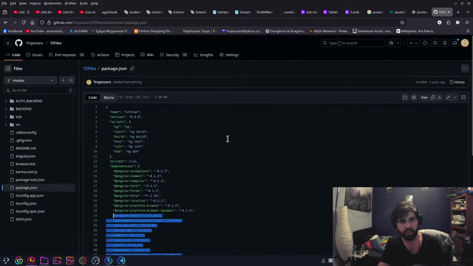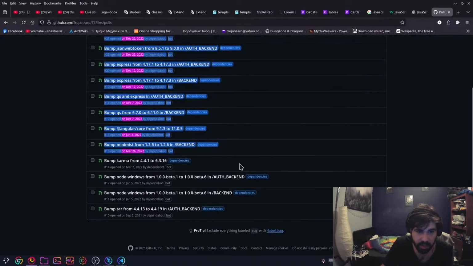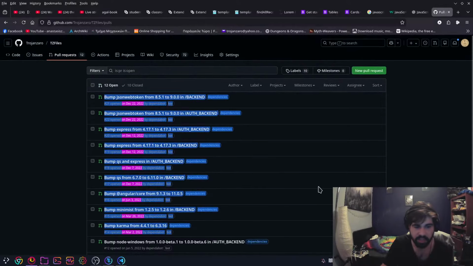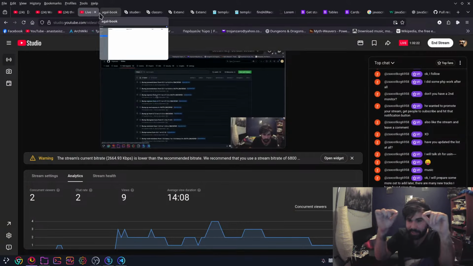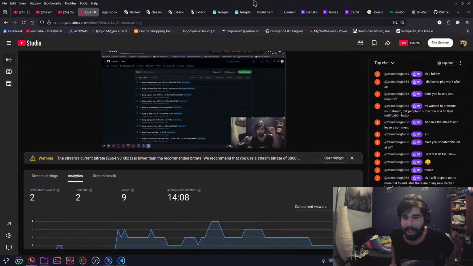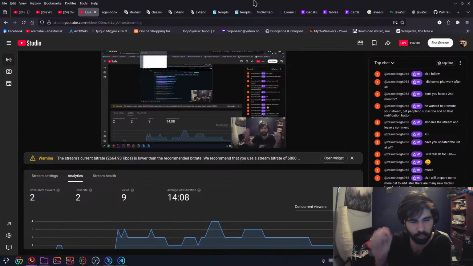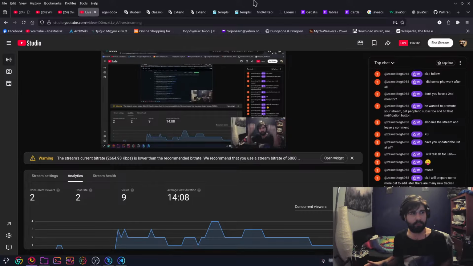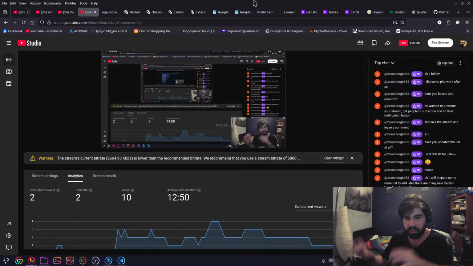The problem is this: as soon as you put this package.json in GitHub, you get, oh my god, the Dependabot. These are all made by a single bot that just looks at it. And it says, oh, you need to update it. We got this critical vulnerability. And if you fall for it and you actually merge those pull requests and update your libraries, it doesn't work anymore. Things will change all the time.